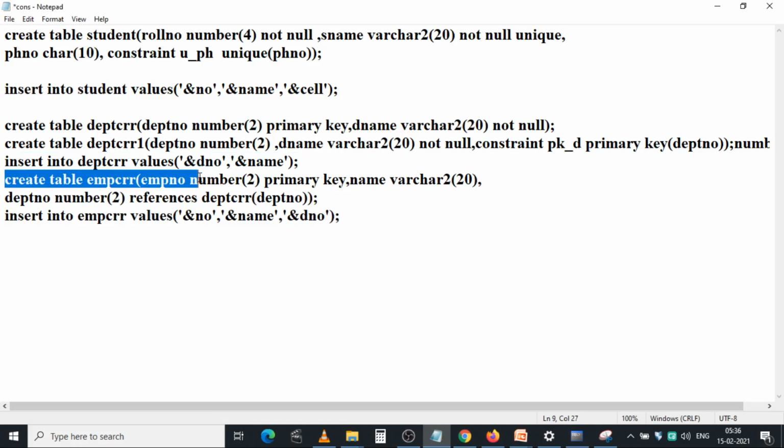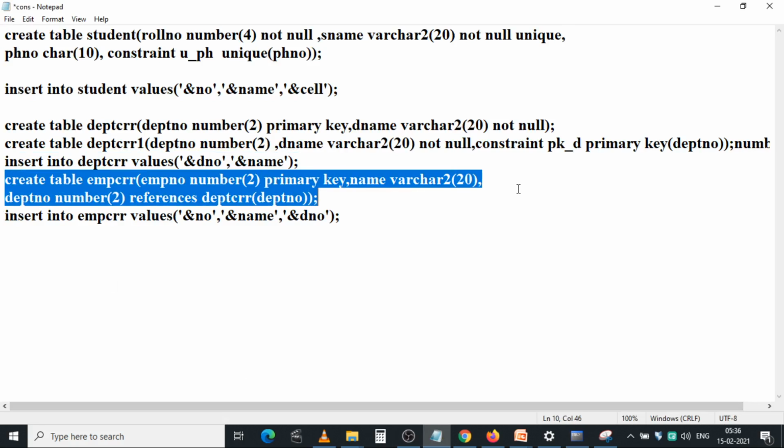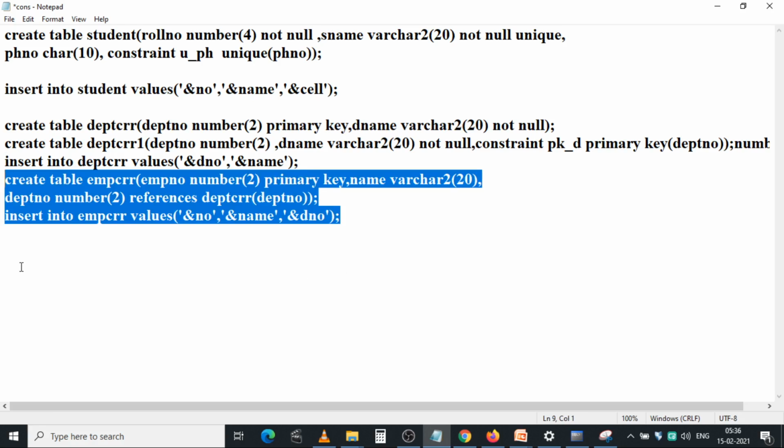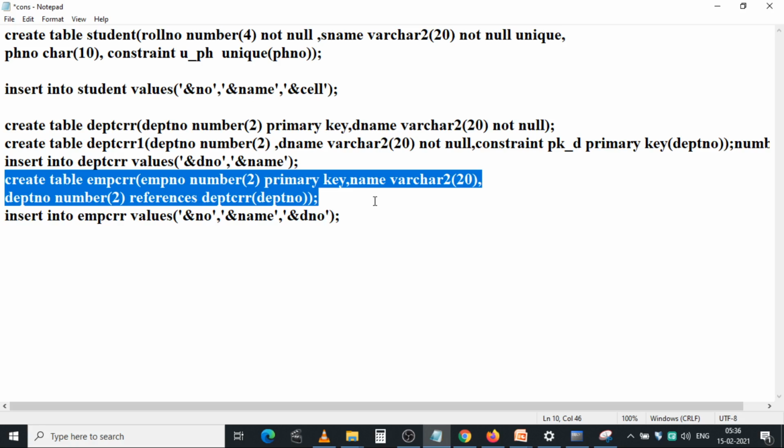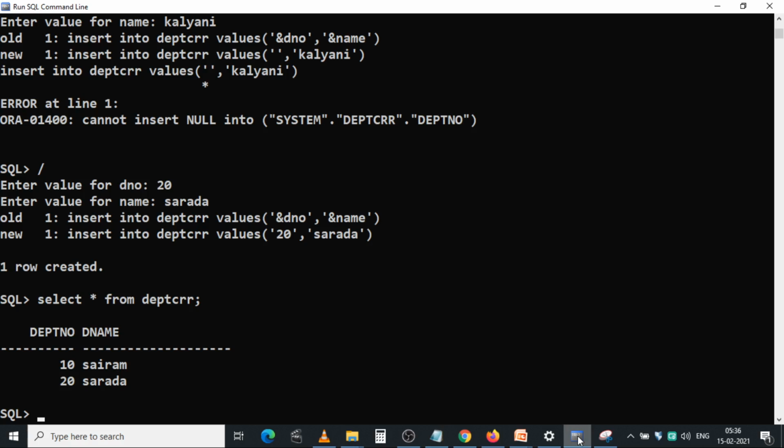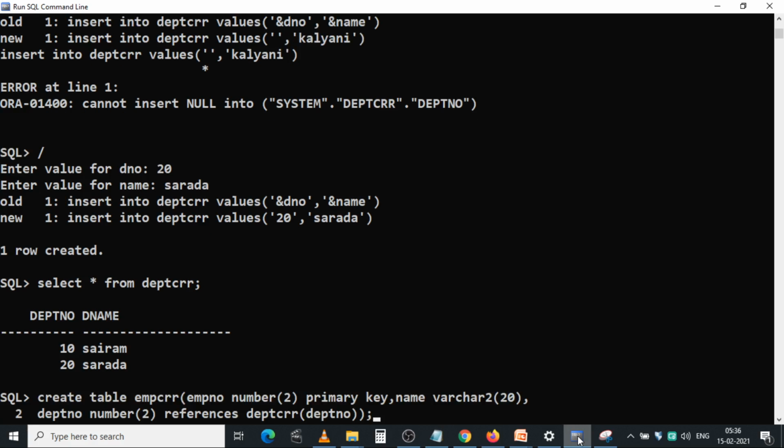So that EMP table. Okay, just see this EMP table. Actually, department and employee are related tables. In the department table, department number is the primary key. In the employee table, employee number is the primary key, and also department number is a foreign key to the primary key table department. So employee number, number 2, primary key, name, comma, department number, number 2, references DEPT CR, department